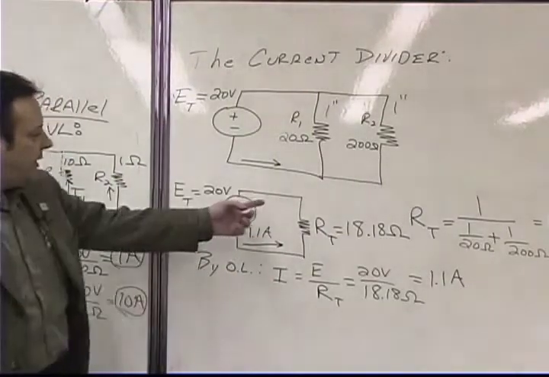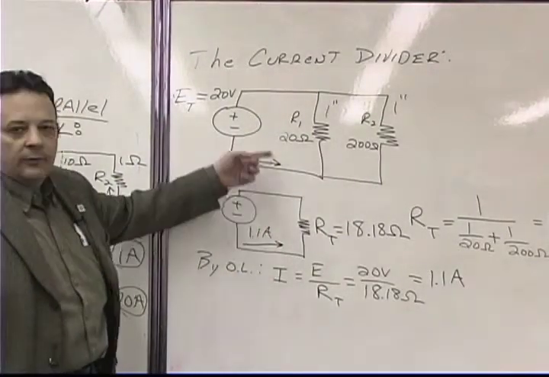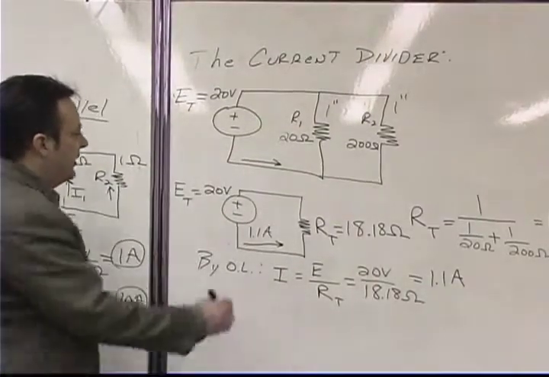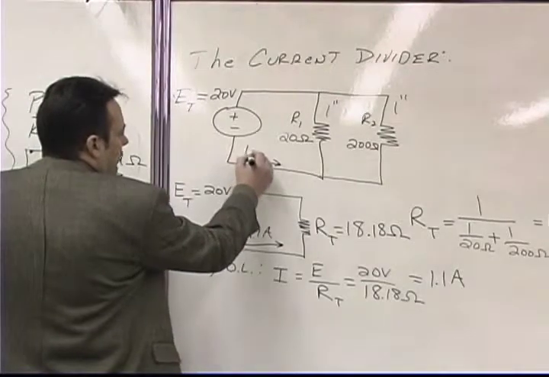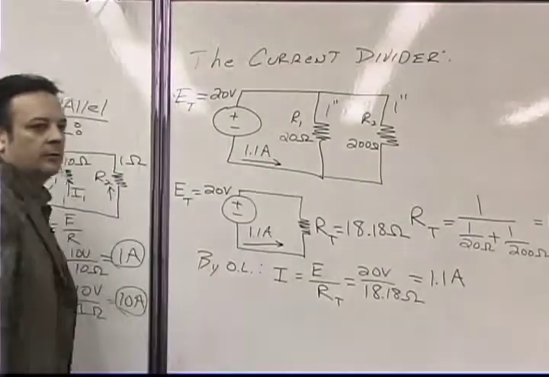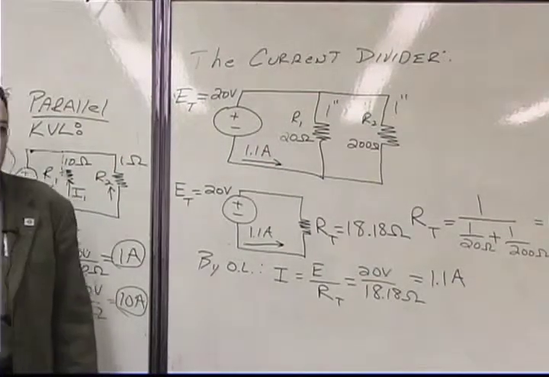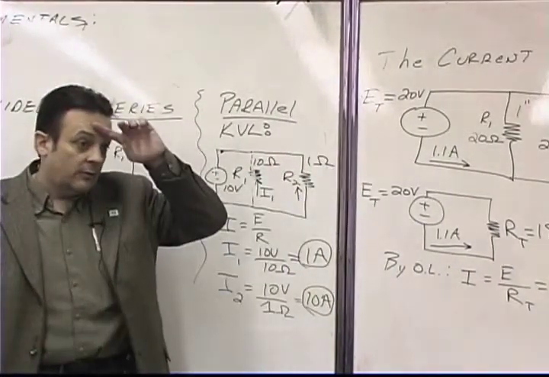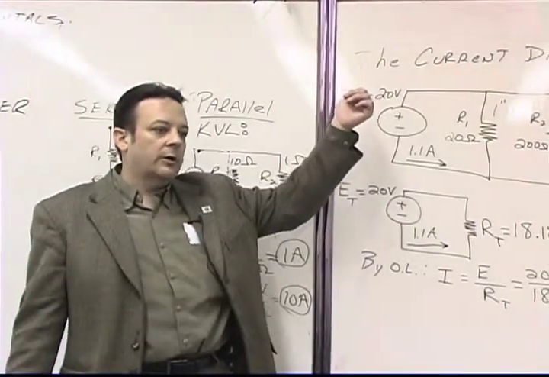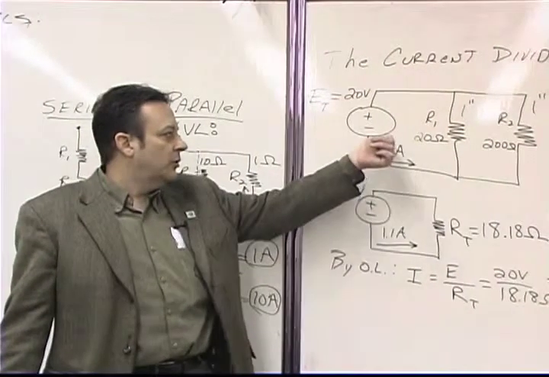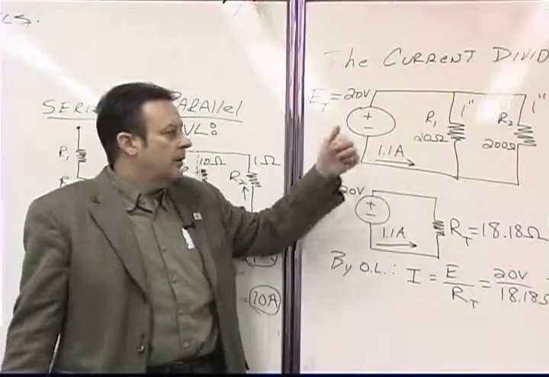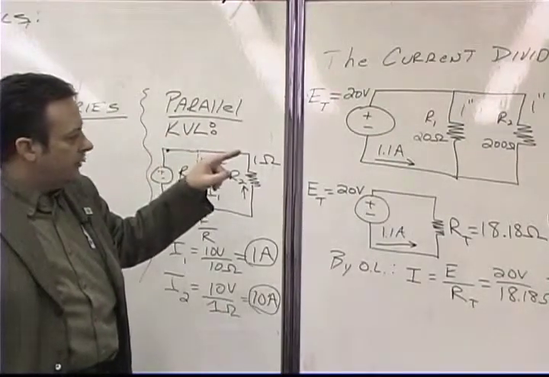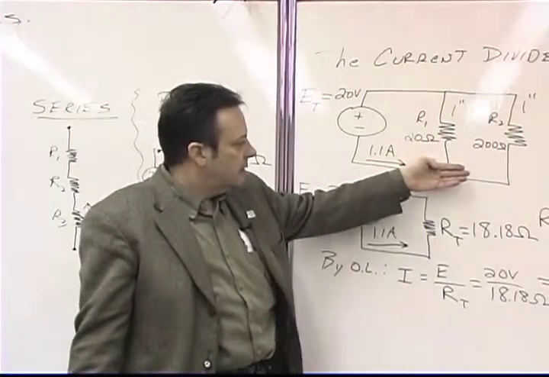Now, because of the fact that these are equivalent circuits, as I've described, would it be fair to say that the current flowing here is 1.1 amps? Right. It's the whole idea of the equivalent circuit, okay? And reducing it down so that we can go back to the more complex circuit and we can put the current in there, okay? Now, once we know what the current is that's flowing here,